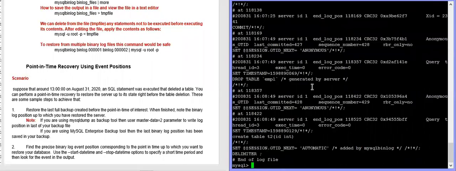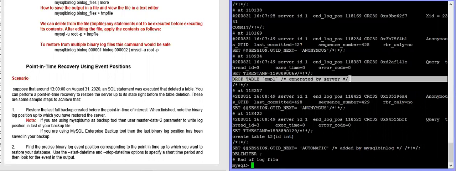You can find here the drop table. Where is this? Yes, this one is your drop table command. Okay, and what is the position of this? This is the position at 118234.